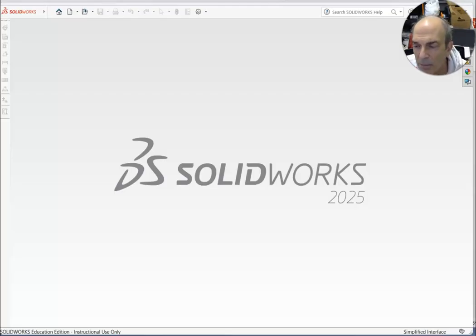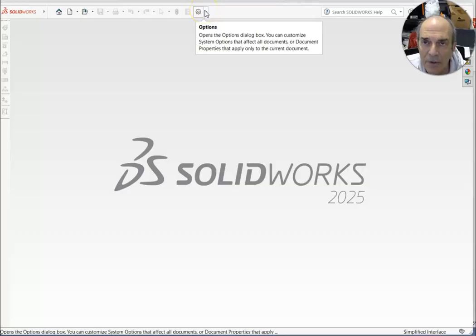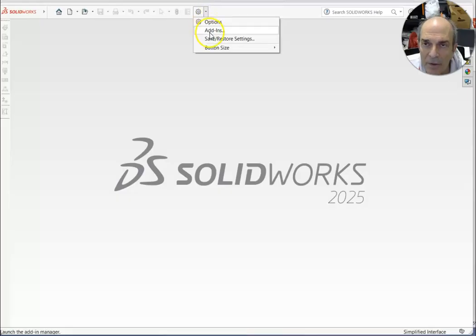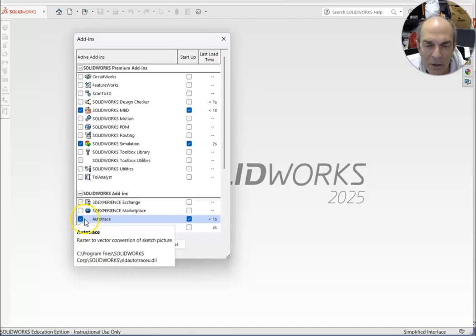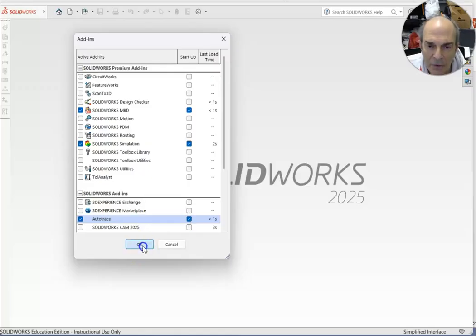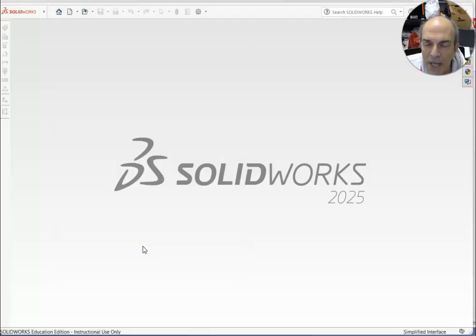The Autotrace capability is an add-in, so I need to go to the Options button at the top of the screen. Click the down arrow, go to Add-ins, and make sure that the first column has a check mark in it to add Autotrace to my current session of SolidWorks. If I'd like it to be there whenever I start up SolidWorks, I need to check the second column as well. Then I click OK. Now I'm ready